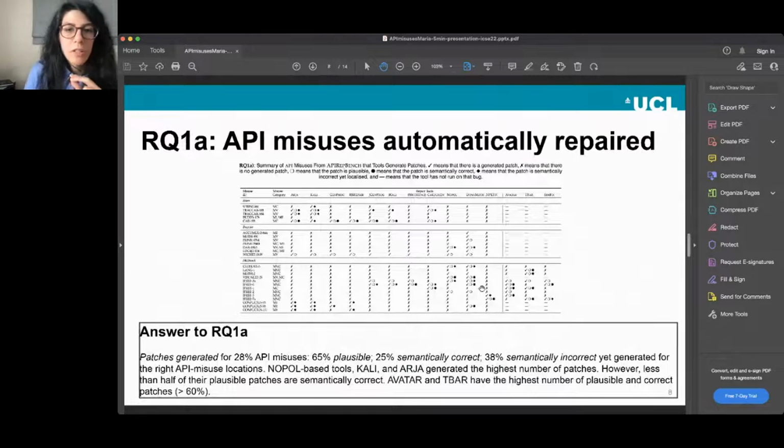Let's answer our research questions now. So first, regarding the effectiveness of the tools, we found that the tools can repair 30% of the API misuses. Most of the generated patches are plausible, but only a few are semantically correct to human